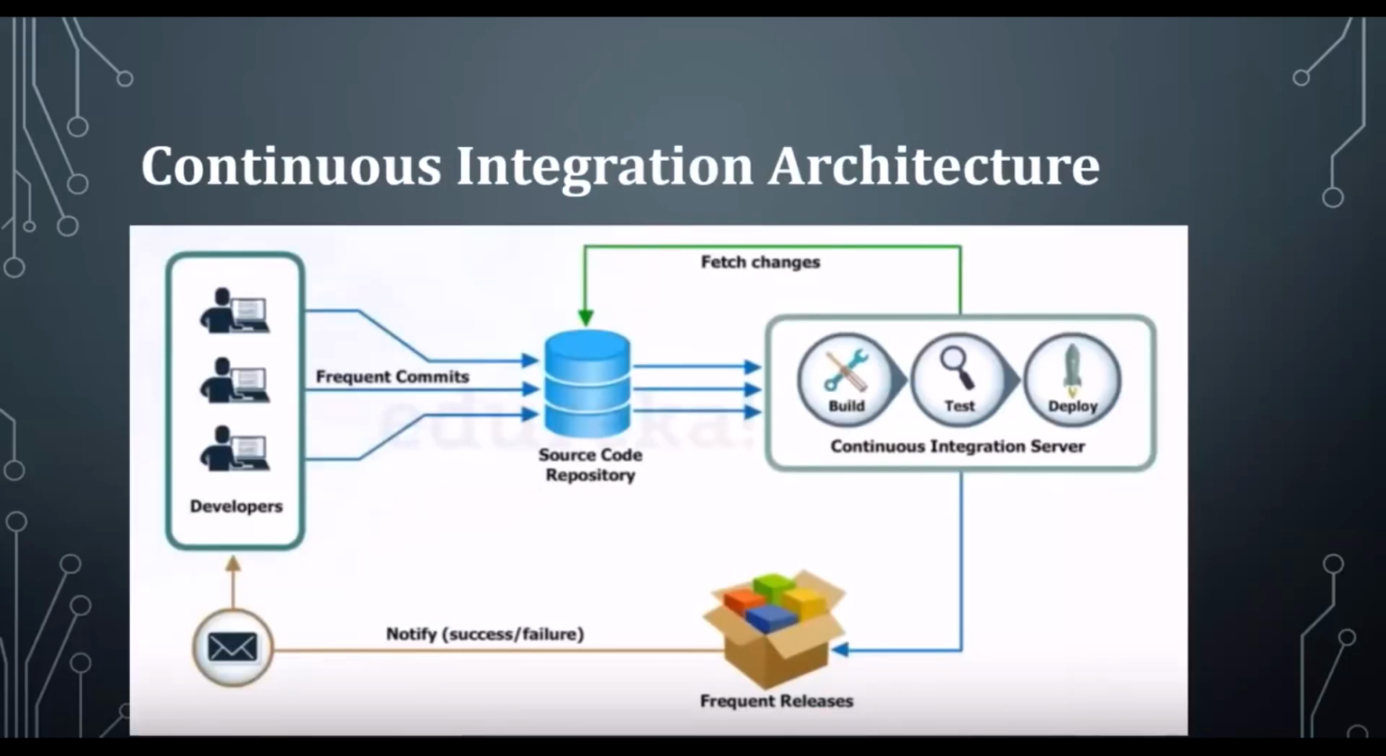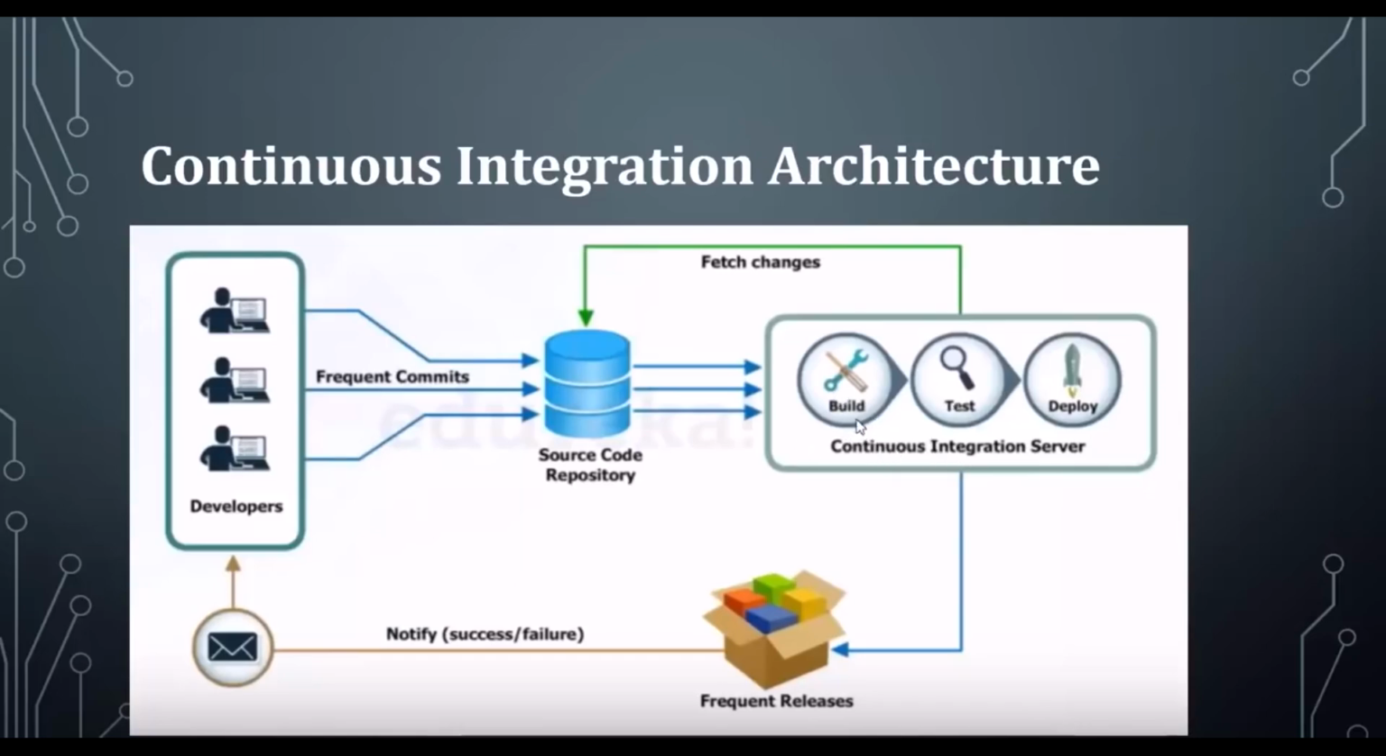So this is the continuous integration architecture. Let me explain it. A couple of developers make changes and commit to a source code repository. This source code repository can be Git or SVN. Then it gets pulled to the continuous integration server, where it does all the pre-steps to